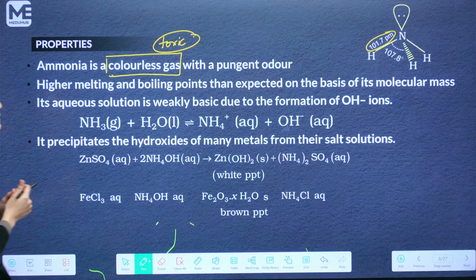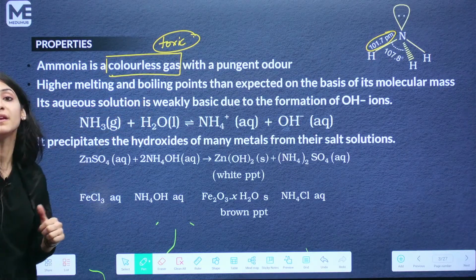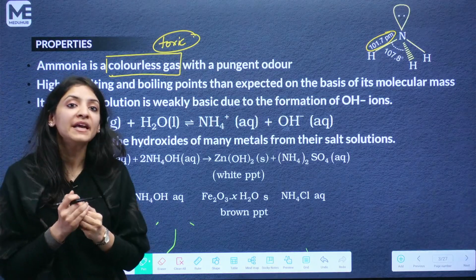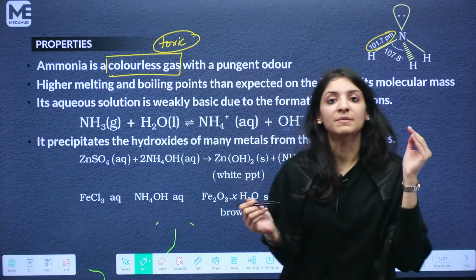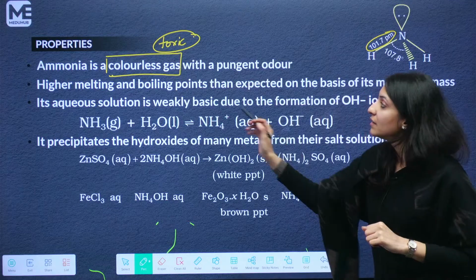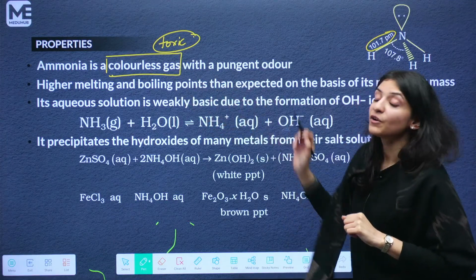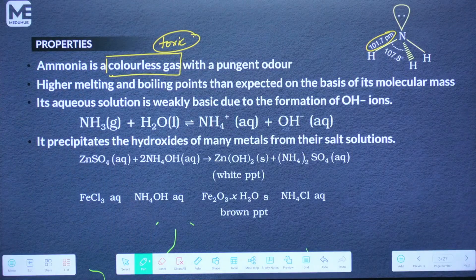Now, ammonia has higher melting and boiling points than expected on the basis of molecular mass. How do you explain that? If you see all the group 15 hydrides, the molecular mass is increasing on going down the group. But the boiling point and melting point of ammonia are higher than they should be. The reason for that is